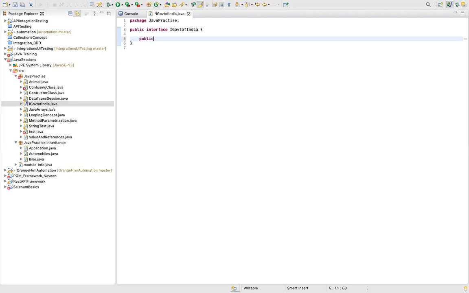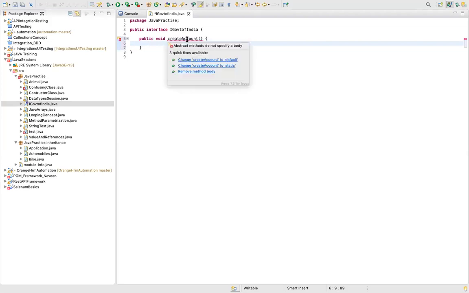I'll say public void createAccount. Usually when you create a method, we create it like this. But when I create a method in an interface like this, it gives me an error: abstract methods do not specify a body.